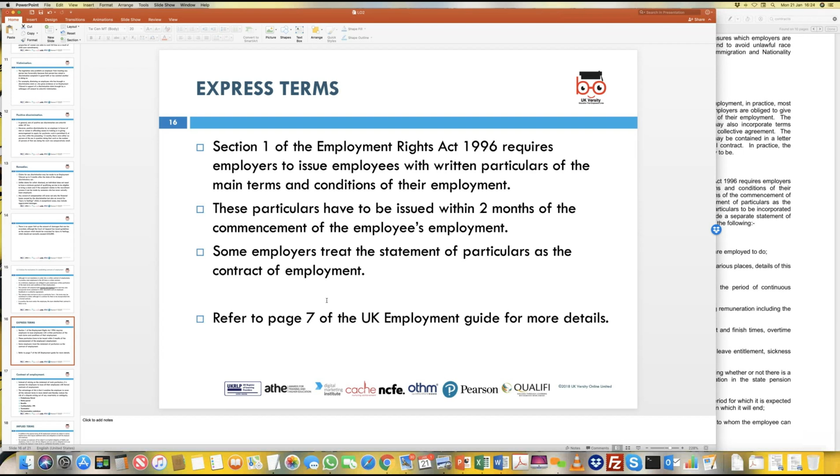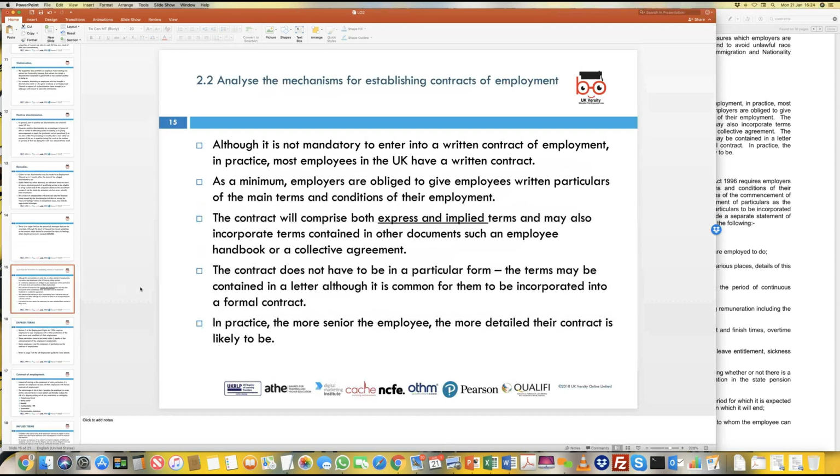person has been given. So when we talk about express terms in a contract, that basically refers to the fact that you need to directly acknowledge that this is a contract being created between the two parties, which is the employer and the employee. And in this case, the express terms typically mean that there are some direct promises which the employer, and also the employee, is making to each other when they sign and agree on that contract, and this contract or agreement which gets created is legally binding.